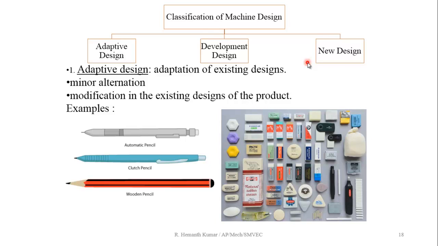In this case, the wooden pencil is modified to a clutch pencil, that is the mechanical pencil, and next they have manufactured the automatic pencil. So this is the process of adapting, modifying the existing